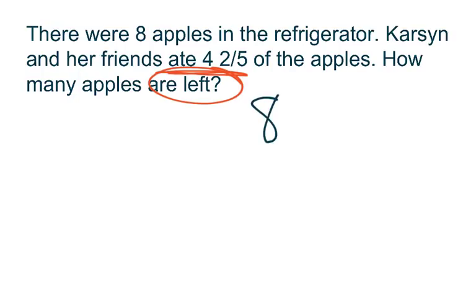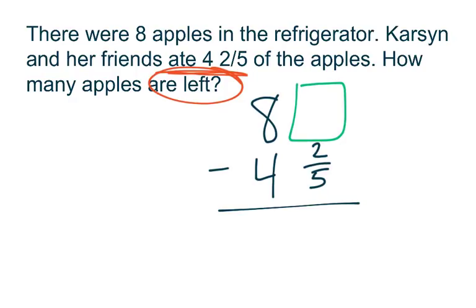So I have my 8 wholes minus my 4 2/5. Now before I can subtract, you'll notice that we don't have a fraction here. And because there's a fraction in my number on the bottom of my subtraction problem, I need to have a fraction on top, because remember, we always subtract our fractions first before we subtract our whole numbers. Well, there's no fraction here in the top number in order for me to subtract, so I need to create one, which means I need to borrow from my whole, and my 8 would become a 7, and then I